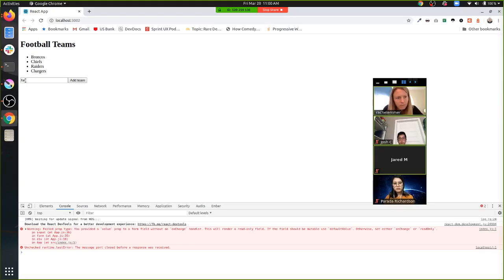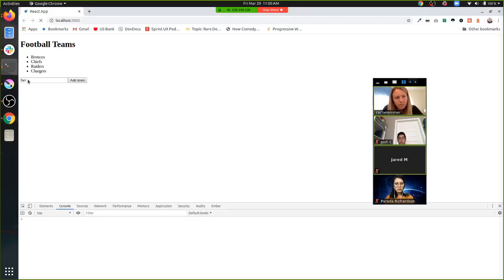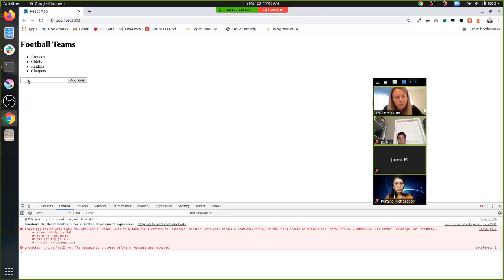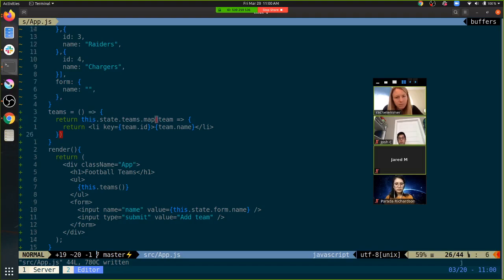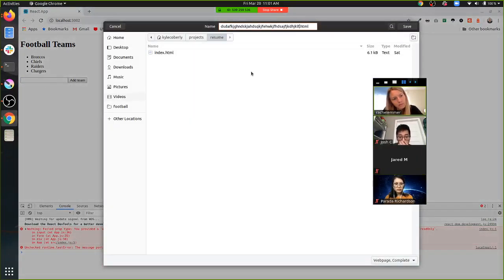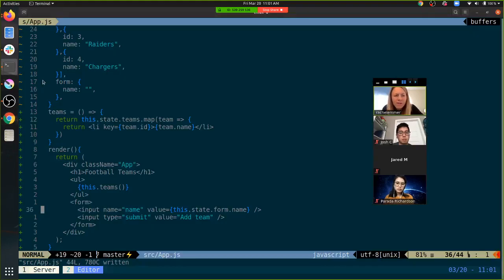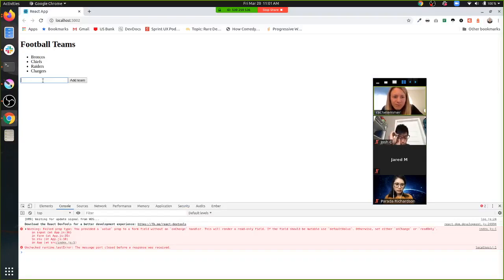So we're halfway there, bound. If I make an empty string, now it's an empty string. Okay, so half of it's bound. How do I update it? Because right now, if I can type as much as I want, nothing's going into the input. Why? Why isn't that updating?